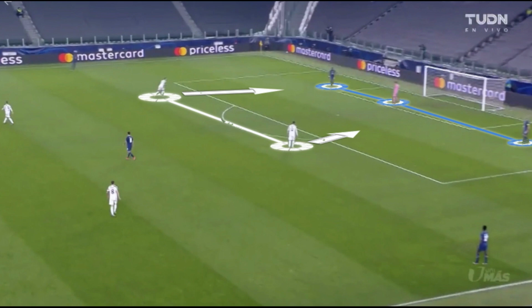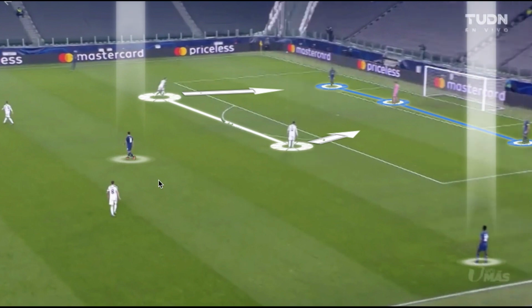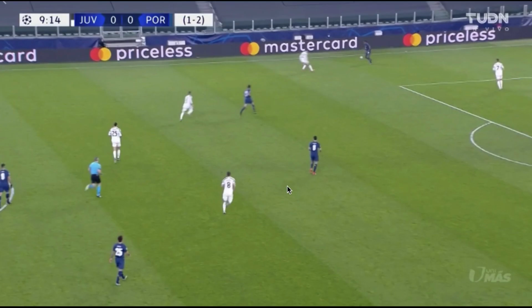And they built with a single pivot through the central corridor, and the key players were the wide players to then take advantage of the pressing of the Juventus players to then try and progress through the lower density areas. So from here, then the wide midfielder would jump from Juventus to press the ball, and attached would then be the midfielders connected